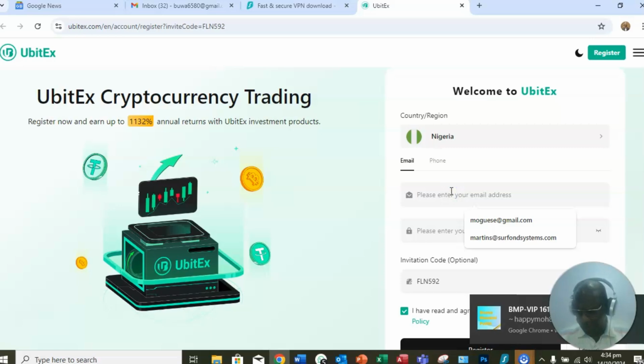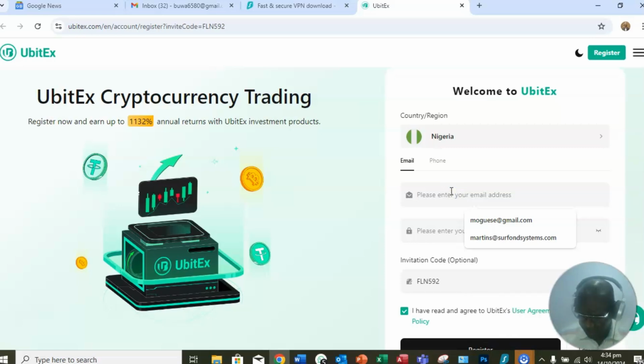The email address you put should be a valid email address to which you have all the details. In case you need to recover the account, you should be able to do so. So here we go, put in my email address. 6580 at gmail.com. Then I'll now